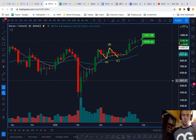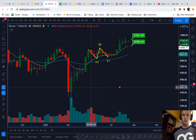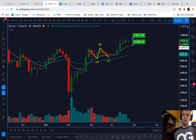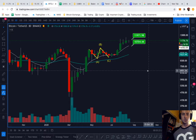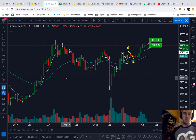Here's the next one. Here's what I'm watching on this one. Let's take the volume profile off so we can really focus. This chart closes in 3 days, so I'm going to keep my eyes peeled on the 8-day chart for 3 days because it's usually a good chart. And by the way, we just got a close 3 minutes ago on Bitcoin. I don't use the daily chart, but it does. Some of my charts have closed that I'm not going to get into today